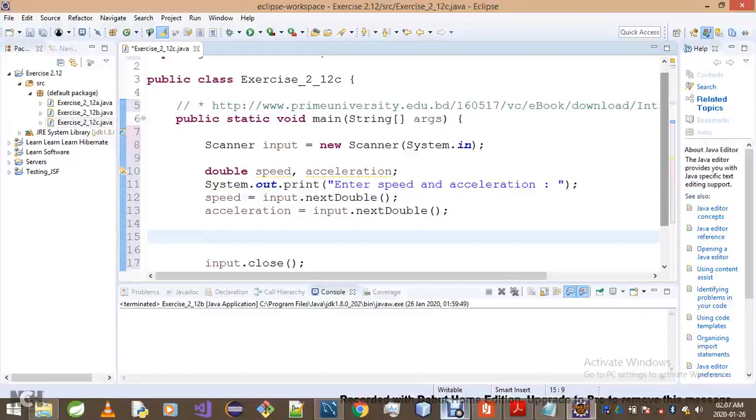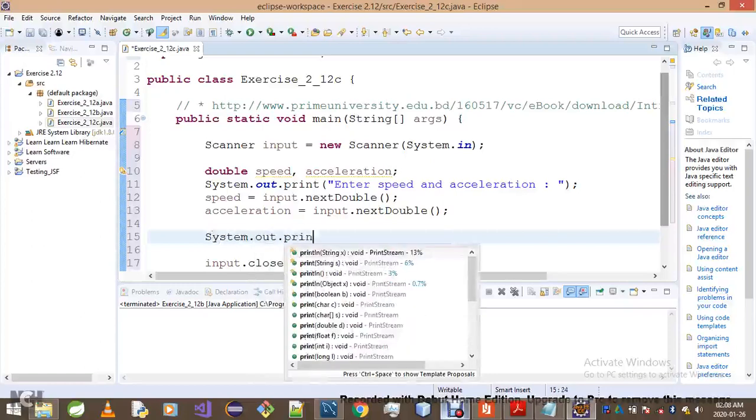So by occupying some space in your RAM for a variable that is only used once, that is considered bad practice. So what you're supposed to do is simply call System.out.printf